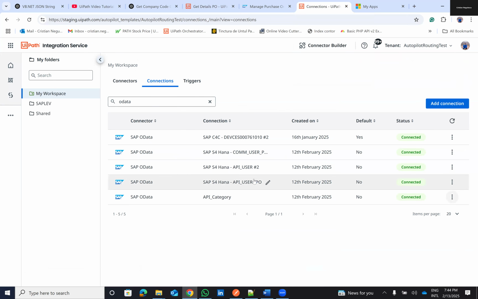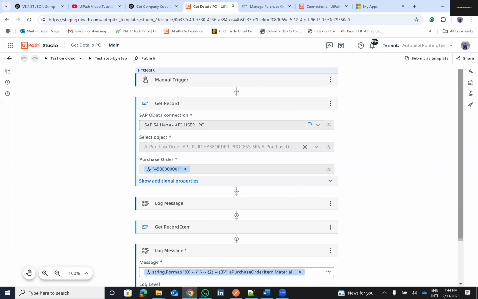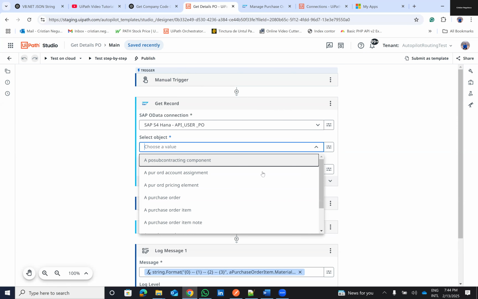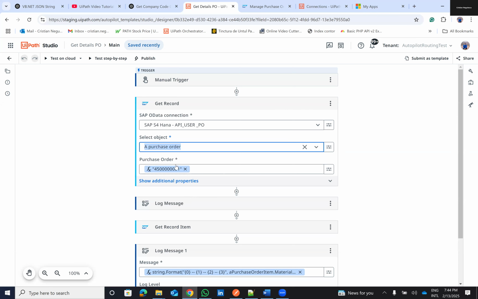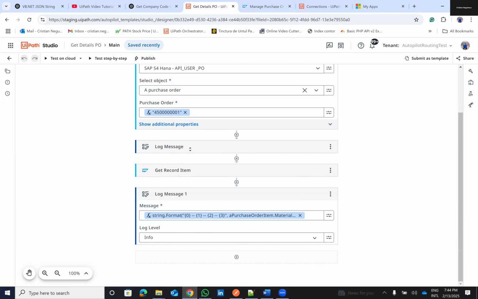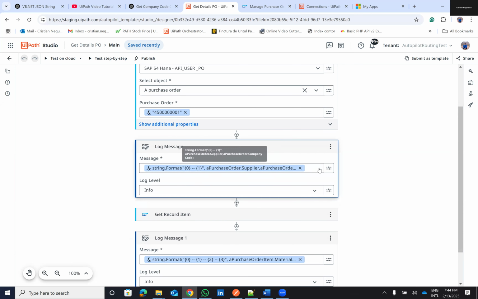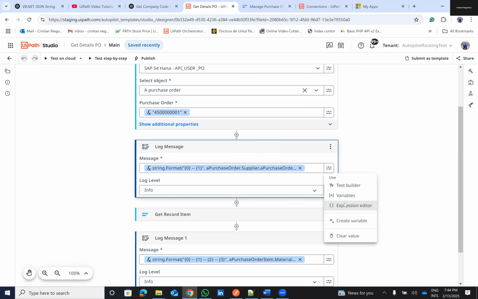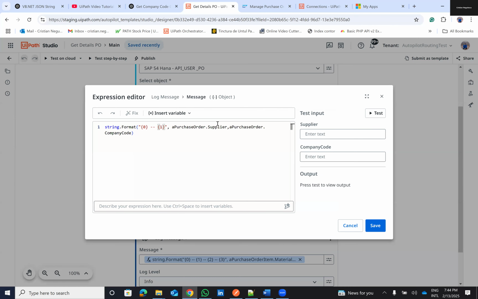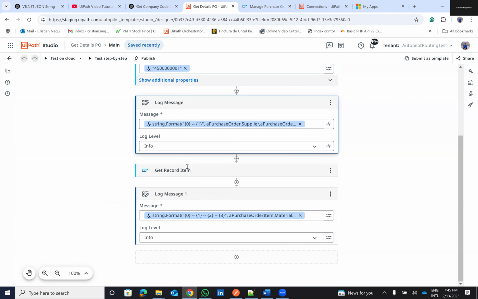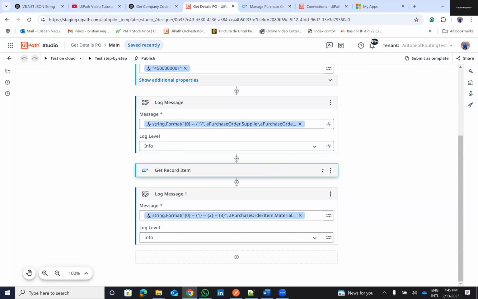So I have to select the connection, and I select this connection with purchase order. Then the subject here will be purchase order, and I will put the number of the order, and then I will get and display, let's see what I display here. I display the supplier and the company code. And then I will say again get record,